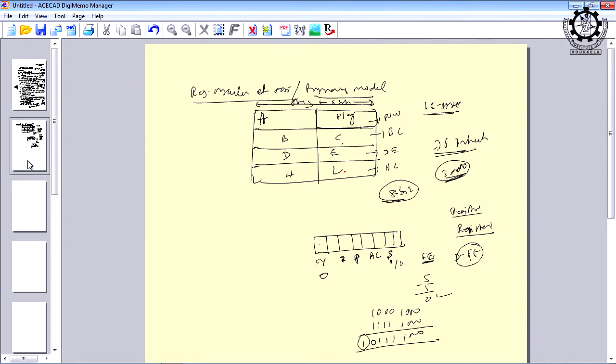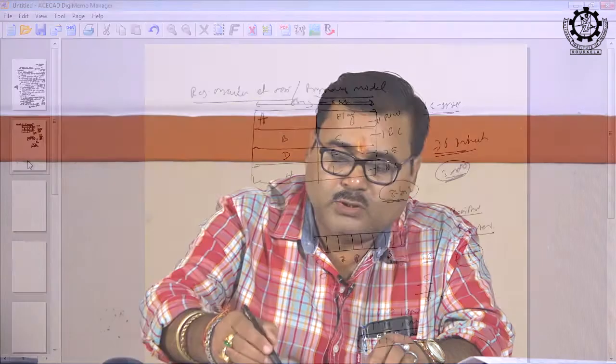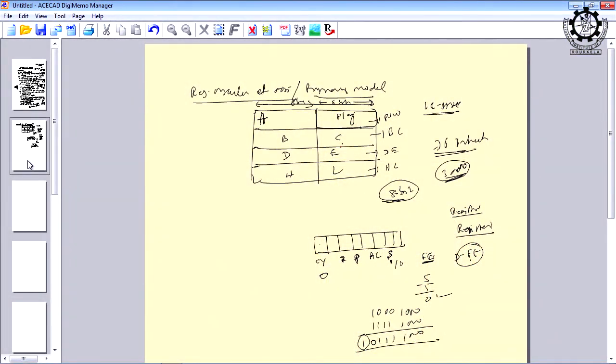We shall see, once you write 2 or 3 programs using carry flag and each of these flags, you can know how to keep track of the execution process of a particular program. So, anyway, this is the flag. We will discuss more about the flags whenever we go to the instruction set.